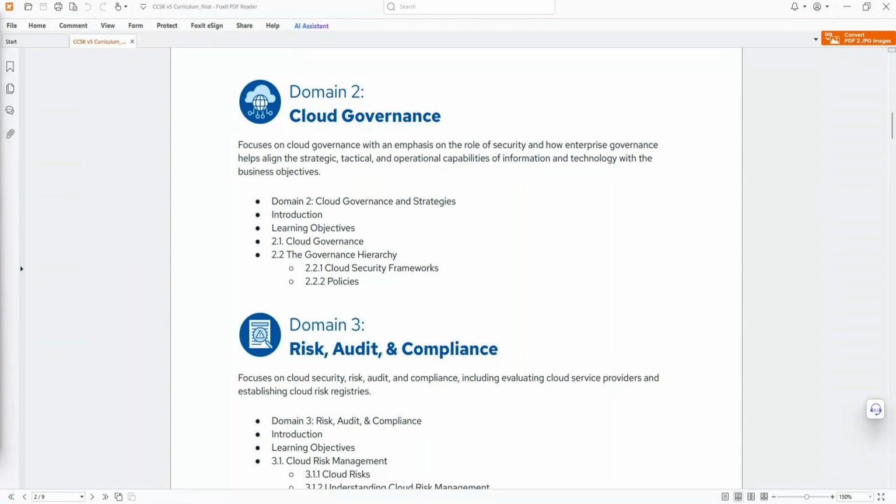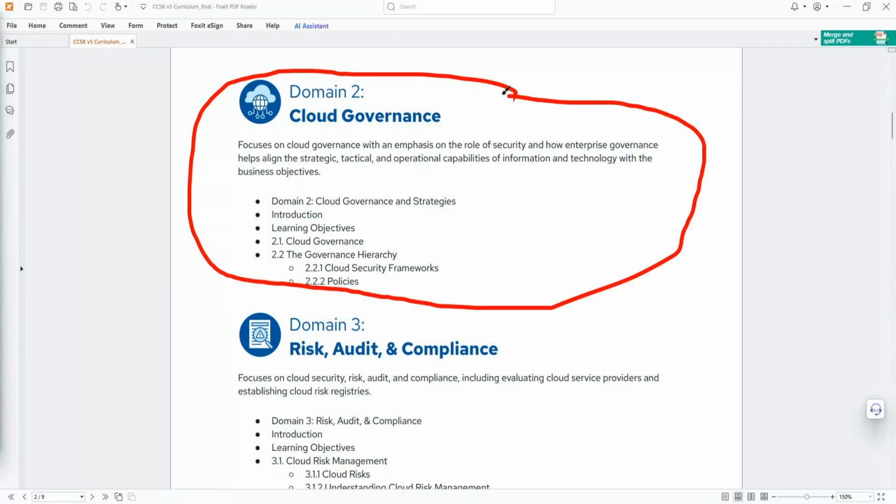Whatever we are doing, we are doing for our business. First of all, we have to understand the business. Then we have to do a proper step-by-step risk assessment, and based on that, we should put the controls in place. For doing all of this, the same way you have proper governance, policies and processes in the company, you should have a proper cloud framework and cloud governance strategy. This is the most important thing, team. If you have this in a properly structured way, then further things will be easy. If you don't, there is a very high chance things can fail.